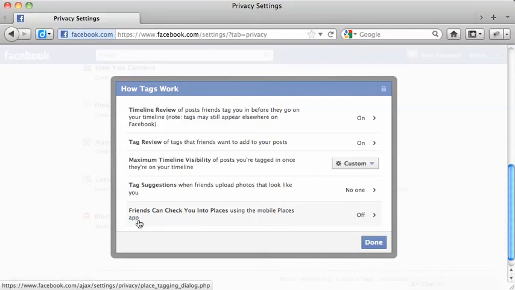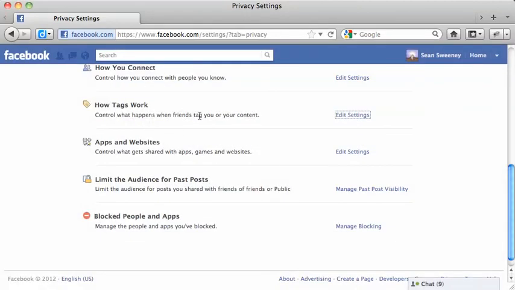And then finally, can friends check me into places? No, I don't want people to know where I'm at unless I'm telling them. And so those are the tag settings. And here's another